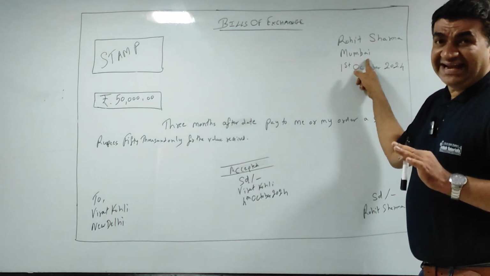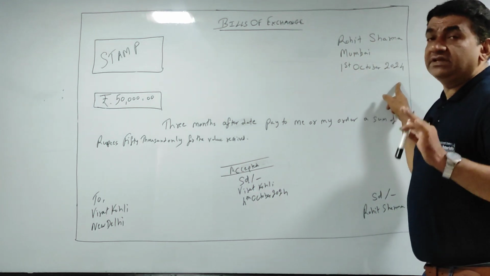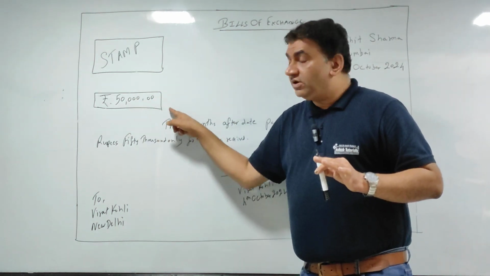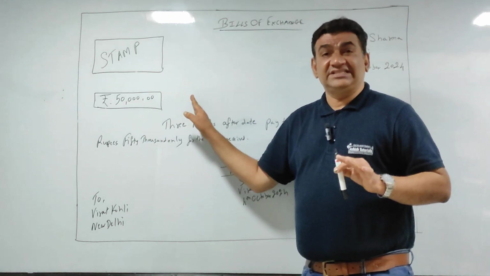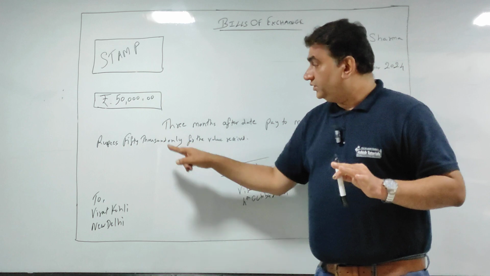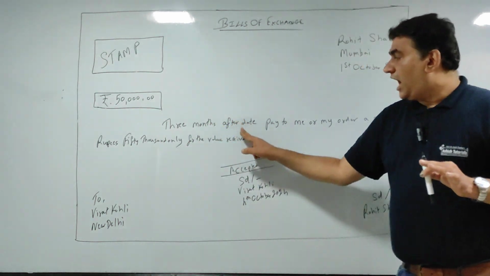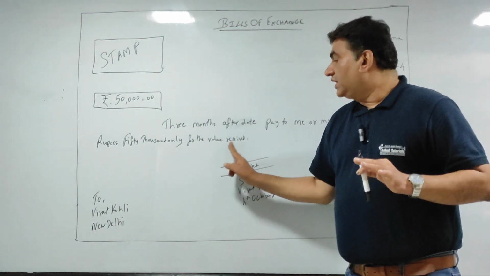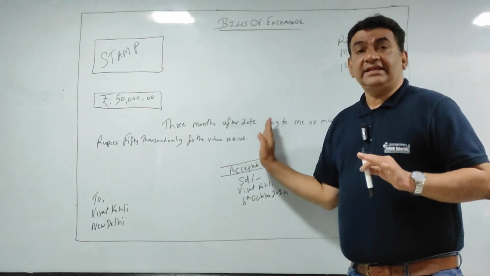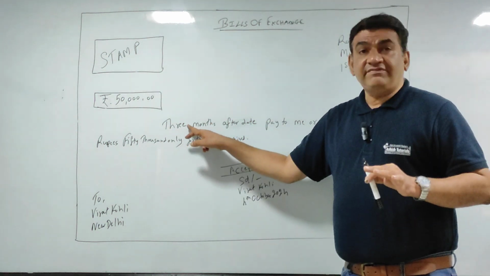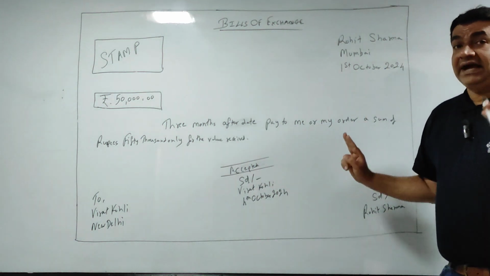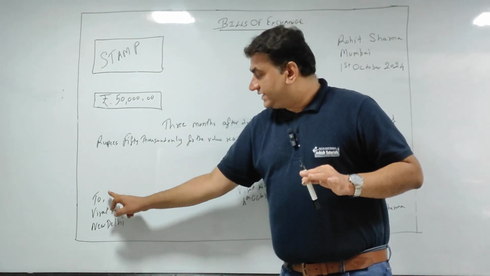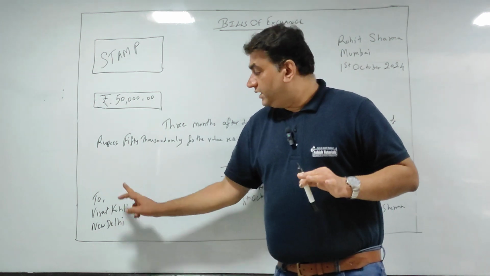रोहित शर्मा ड्रॉर, उसका एड्रेस, द डेट ऑन विच द बिल इज ड्रॉन। 1-2 लाइन छोड़ने के बाद पुट द अमाउंट इन अ रेक्टेंगुलर बॉक्स, ₹50,000 इन डिजिट्स। उसके बाद और 1-2 लाइन छोड़ो, पीरियड 3 months, आफ्टर डेट पे टू मी और माई ऑर्डर अ सम ऑफ ₹50,000 ओनली फॉर द वैल्यू रिसीव्ड। यू हैव टू राइट इन दिस वे। 50 डेज रहेगा तो FIFTY 50 डेज, मी और माई ऑर्डर। अगर पे क्या होगा दैट विल सी इन सम टाइम। आफ्टर दैट लीव 3-4 लाइन्स, सेंड इट टू द ड्रॉई, ये केस में विराट कोहली है, टू विराट कोहली